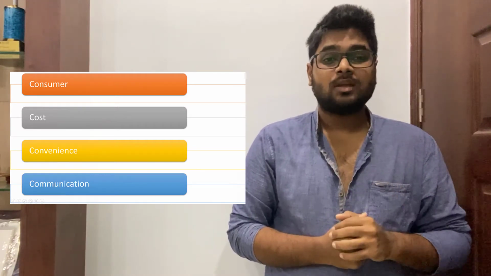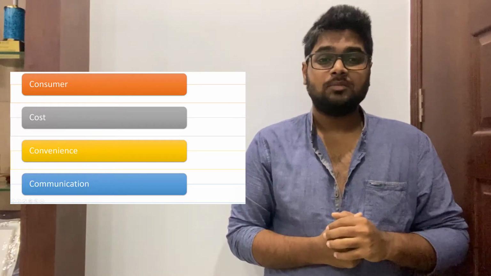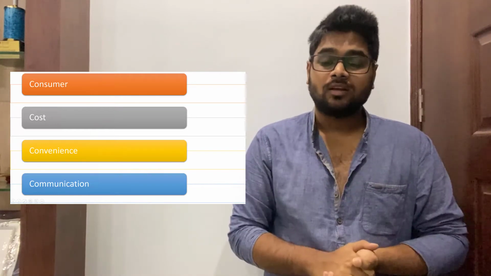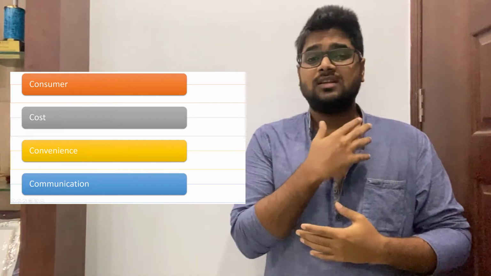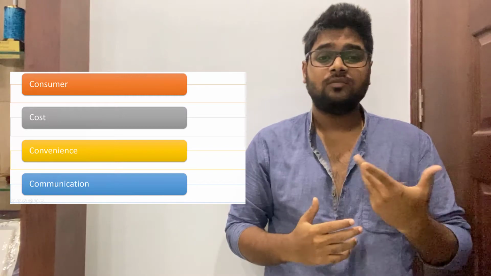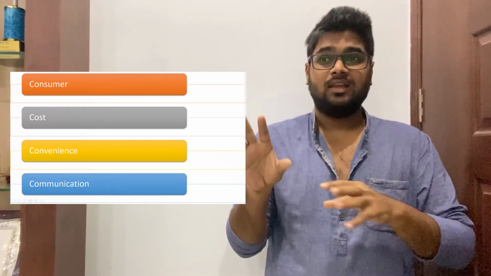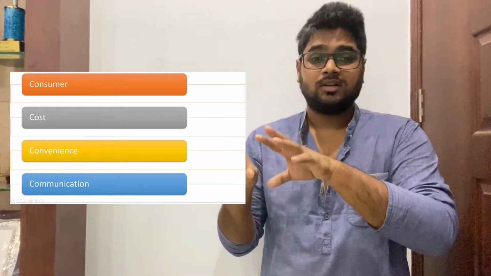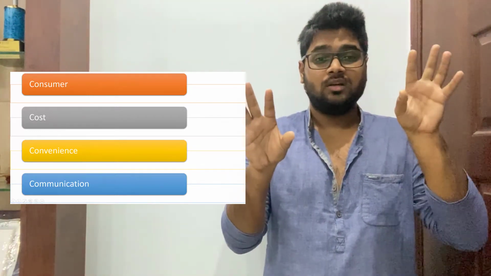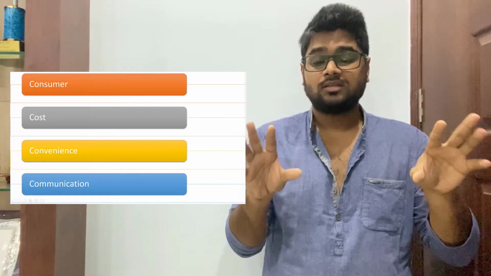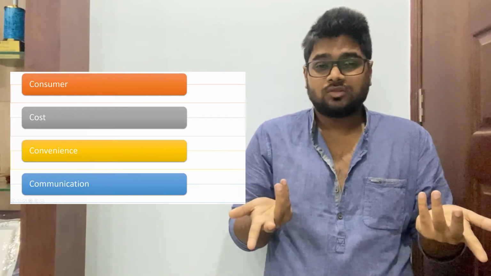Now the fourth one, which is communication. Communication basically means telling the customer what you're offering. If the customer doesn't know about your product, doesn't have any information, and is confused as to what the name of the product is and how it is related to the utilitarian need of that particular product, there is confusion.